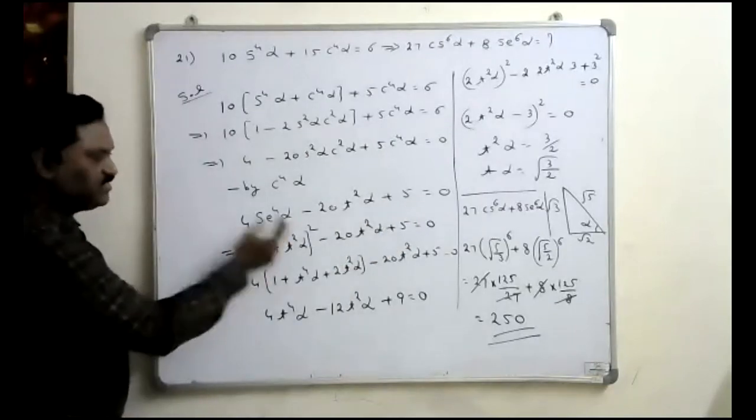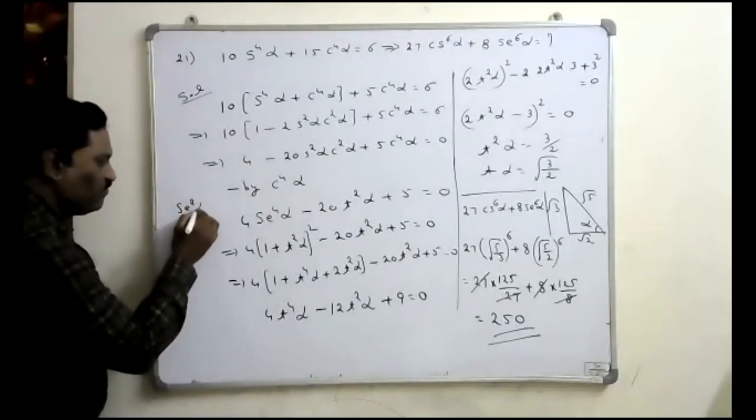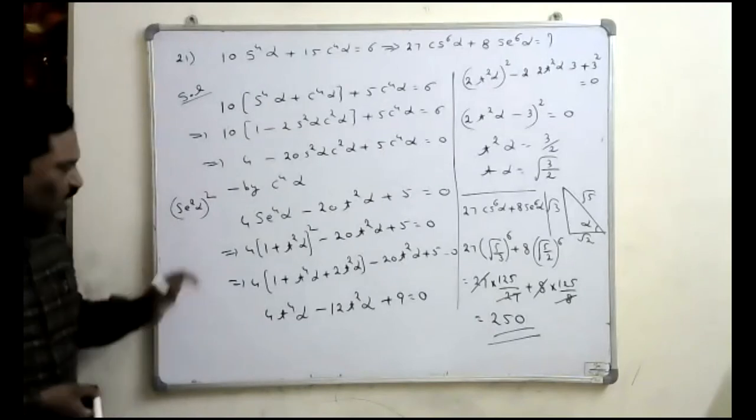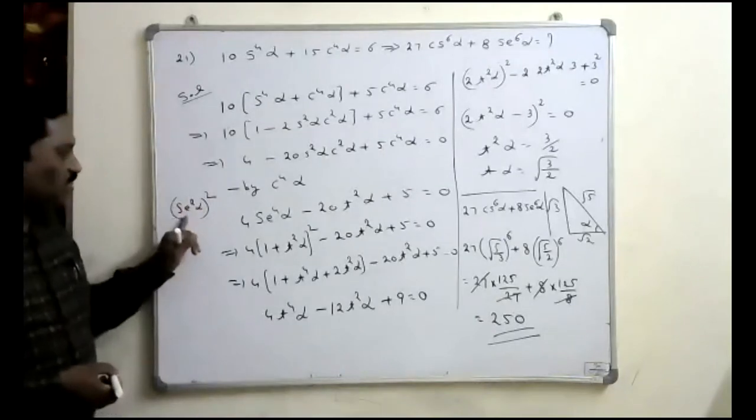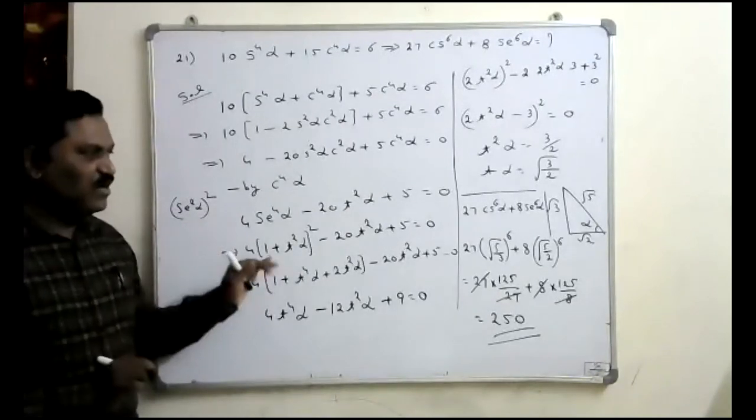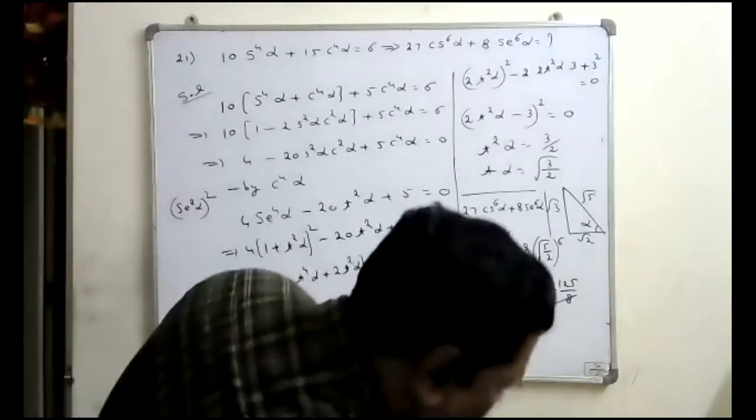Again, there is a secant power 4 alpha, that I can write as secant square alpha whole square. Secant square alpha means you can write 1 plus tan square alpha. Like that, we brought it in terms of a single trigonometric ratio. Okay, then